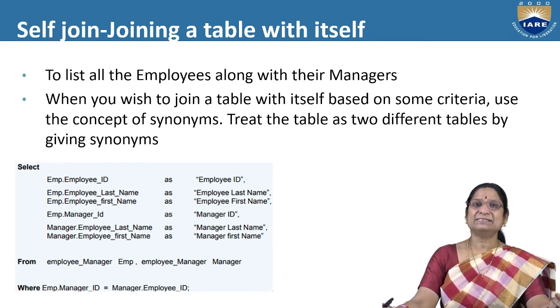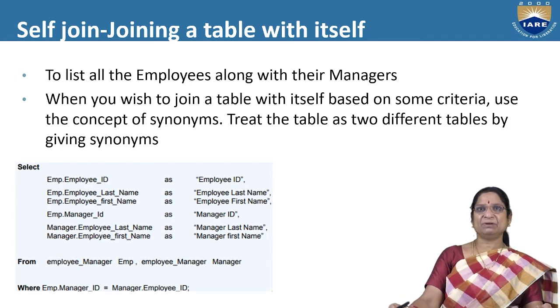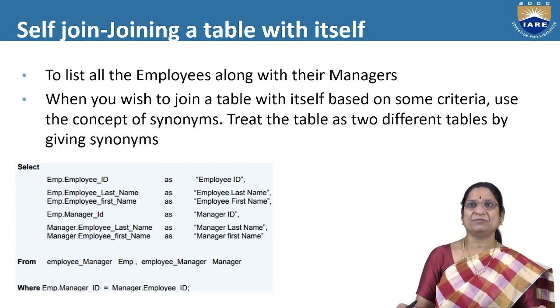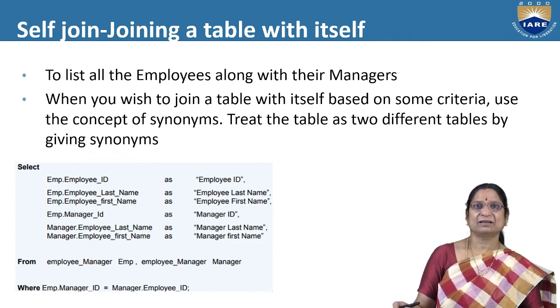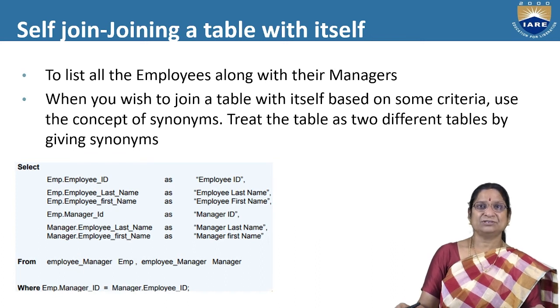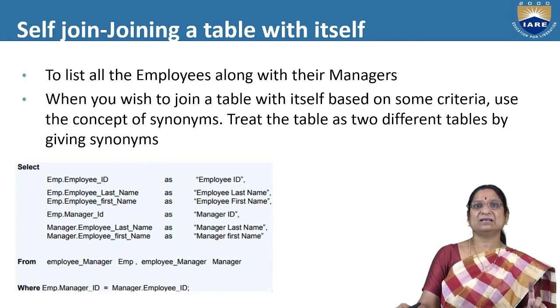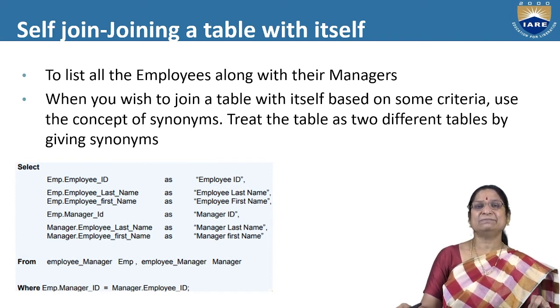But sometimes what happens, we have to join a table with itself. Self join. So self join is joining a table with itself to list all employees along with their manager IDs. Employee ID will be there, their manager ID will be there. In such cases, how can I display my manager along with the manager name also? The manager name will be in the manager ID is employee ID mapping. What we will do, we will give some synonyms. We will use the same table, only one table we are going to use. We will name it, two synonyms we will use.